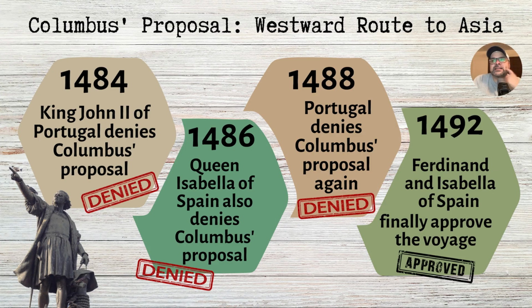And so in 1484, Columbus first takes his proposal to King John II of Portugal, and King John is like, I don't really need this. Vasco da Gama is about to discover this route around Africa. I think I'm fine. In 1486, Columbus takes his plan to Queen Isabella of Spain, but she denies it for the same reason that King John II rejects his plan. They estimated that the distance that would be required to travel was just too far. It was just too much.